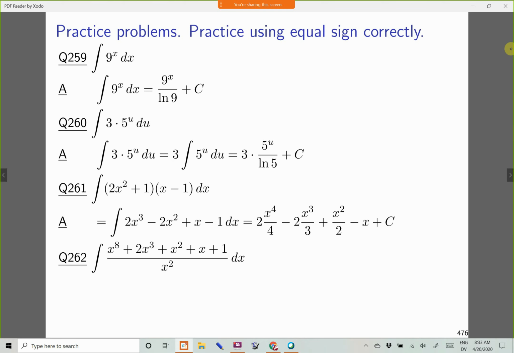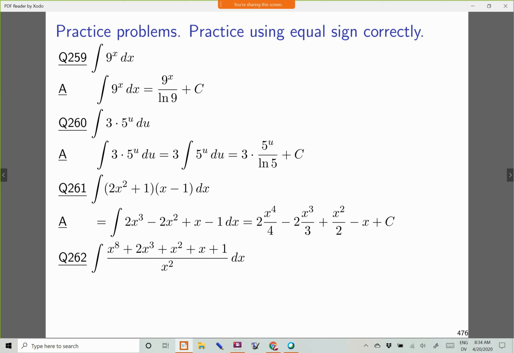So instead, you'll notice I did not have all the space to copy the problem again, but I did put an equal sign to say the continuation of the question here. And you'll notice this expanding or foiling is algebra work. Therefore, here there is still the integral notation, this integral sign as well as this dx at the end. So all that happened is a foiling. And so we still have here the antiderivative of 2x to the third minus 2x squared plus x minus 1.